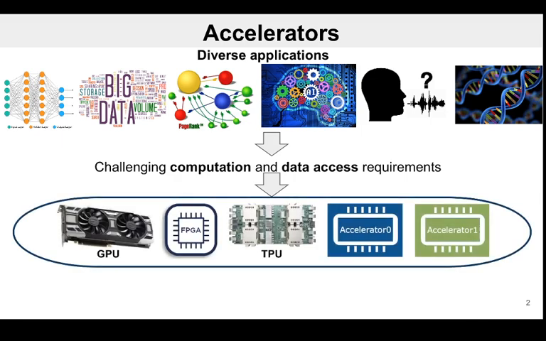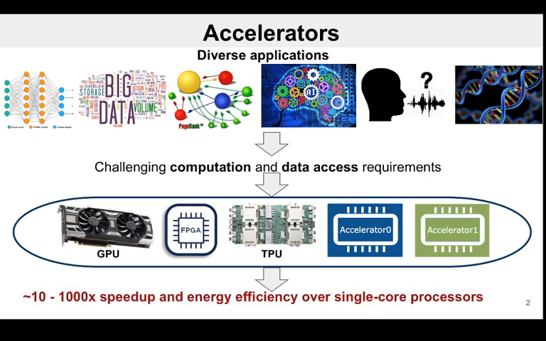To overcome this challenge, the solution so far is to build custom hardware. We now have units such as GPUs, FPGAs, TPUs, and if application X requires an accelerator, then we build custom hardware for it. This has helped us to gain massive speedup and energy efficiency. While it might seem like accelerators are going to solve all of our problems, they come with their own limitations.